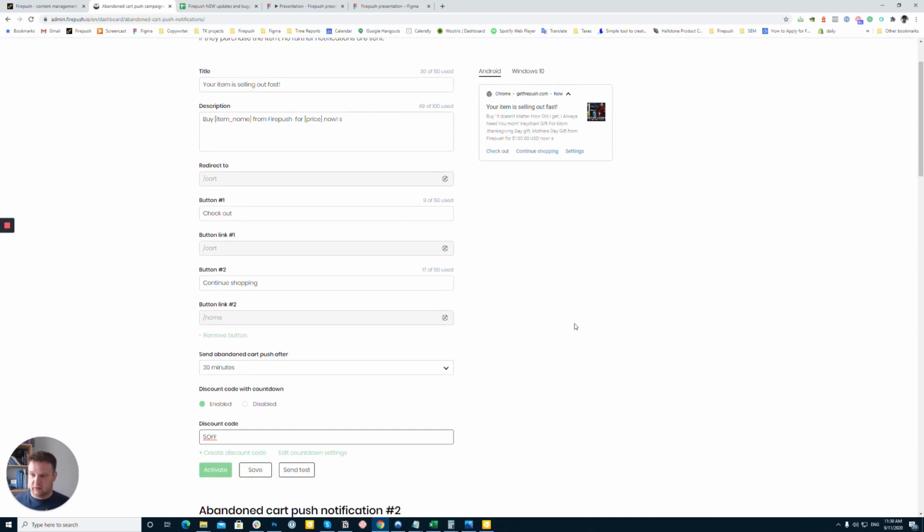If you decide to use discount codes, another thing you should do is mention that discount code inside your message. It could be inside the call to action button. Instead of checkout, you can say claim 5% off within 20 minutes. So you're basically creating an atmosphere of urgency, and you're telling your customer that there is a discount code behind this